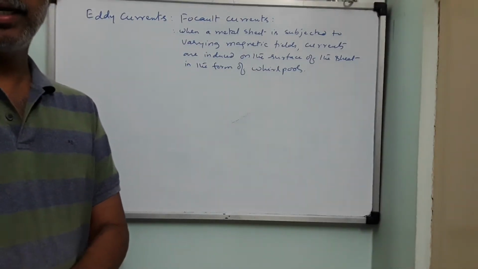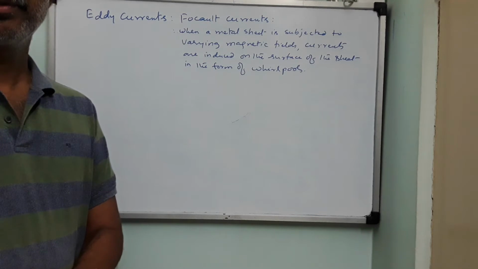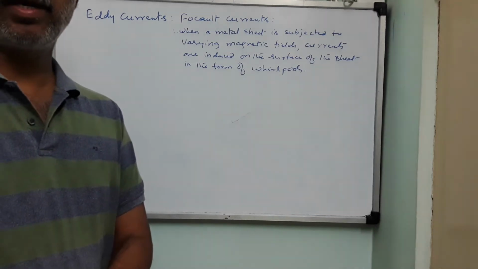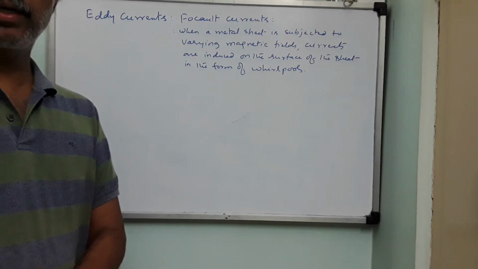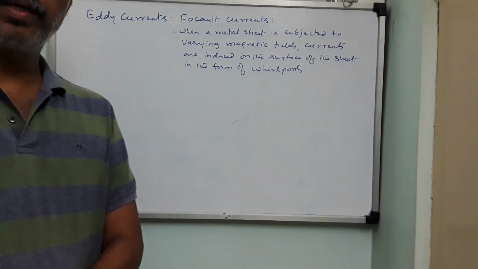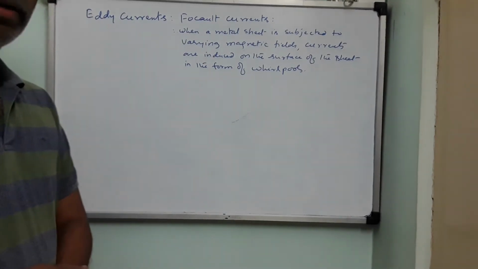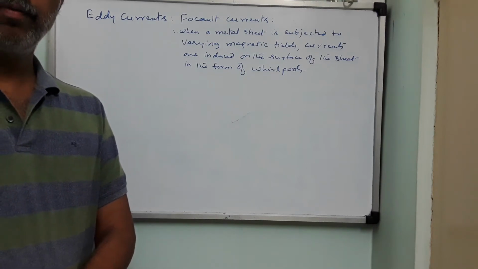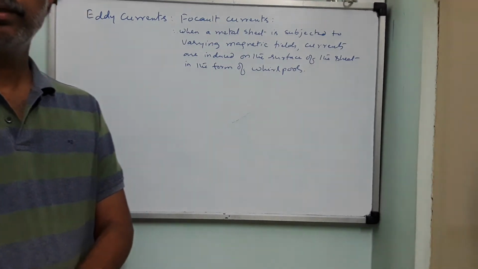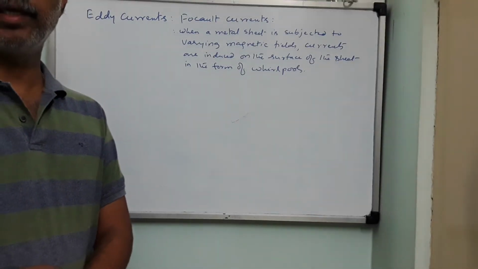Whether it is eddy current or conduction current or induction current, children, the basic property of current is to produce heat, from the formula H equals I squared R T, Joule's law. Because of this heat, some of the electrical energy is wasted. So this becomes non-desirous. We cannot completely eliminate these eddy currents, but we will try to minimize them. How to minimize the eddy currents? By decreasing the surface area.